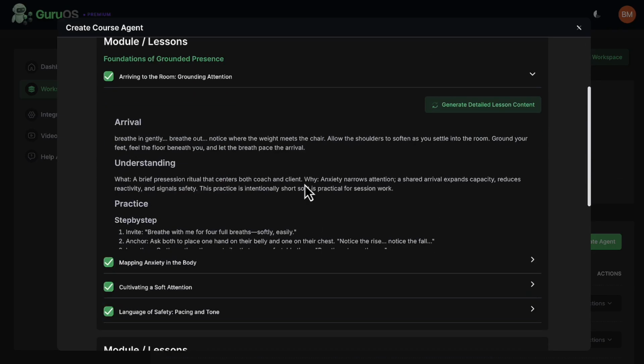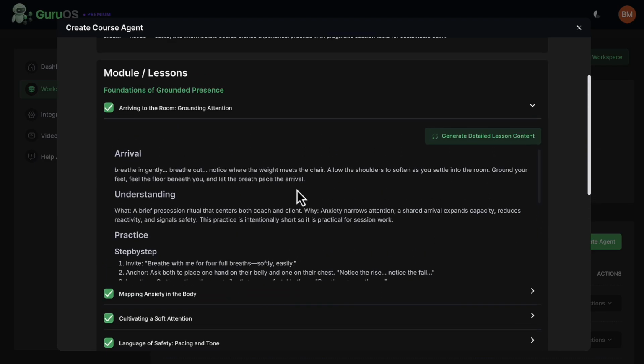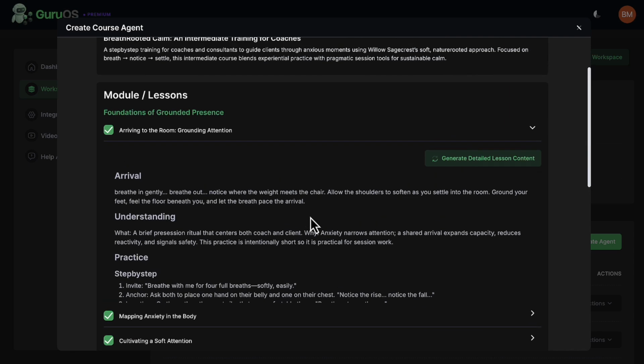Now, note that this isn't the final written text of the course. This can be good enough for many people if you just want to ad lib and record the videos. But if you want the written out ebook or written out text that you can just put into an AI voice and have it recite the course, you'll want to generate each lesson that is